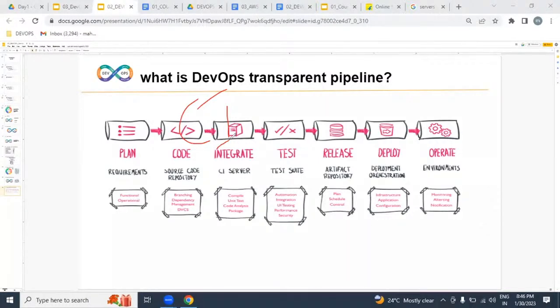Once it is integrated, we are going to be verifying whether it is working or not, making working software, and we are going to be delivering into where exactly? Release. How many times are we going to deliver? One time? No. N number of times, continuously.